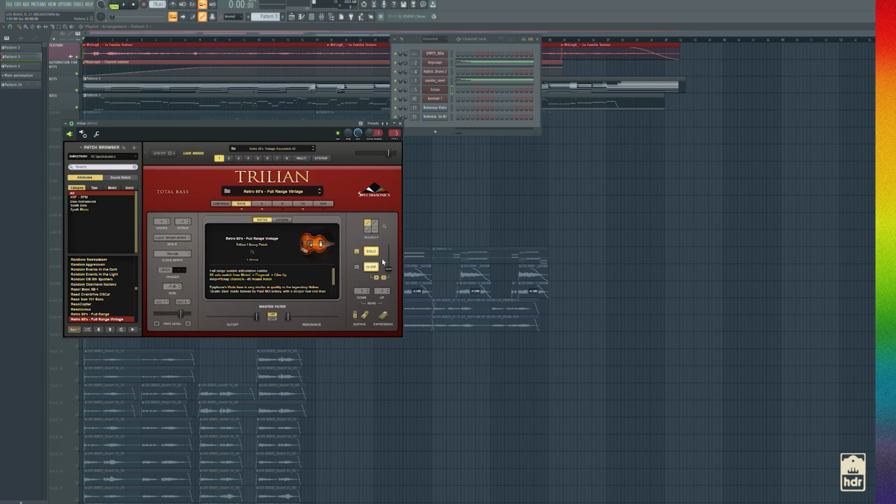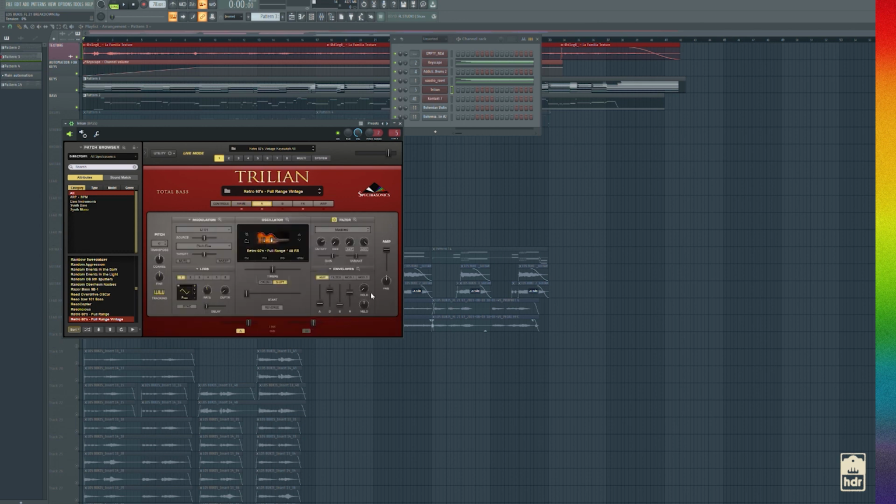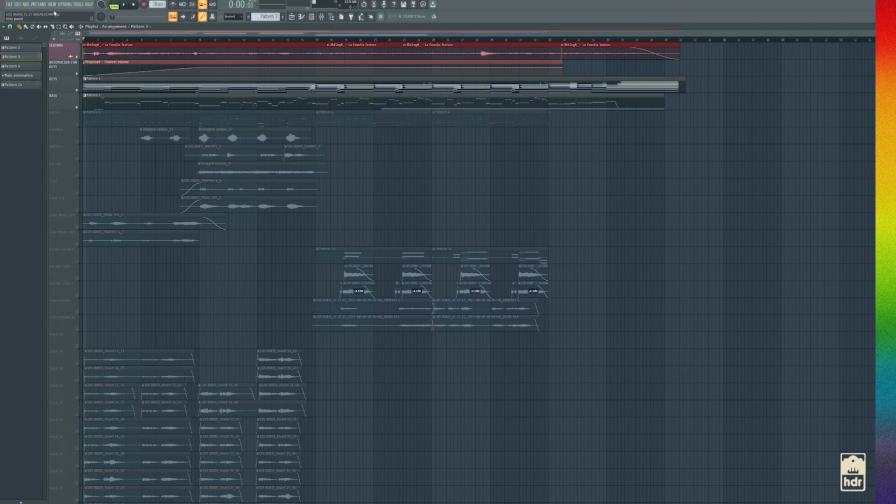For example, this one I made it solo and I added a tiny bit of glide, but then I also messed a little bit with the envelopes here just to kind of ease up on the attack. So it wasn't really clicky in the beginning. I messed with the attack to make it more of a softer playback when you hit the key. But anyways, for the bass, this is what it sounds like.